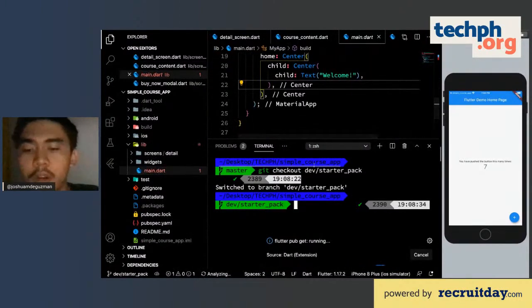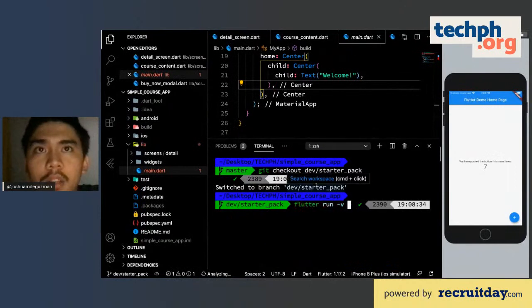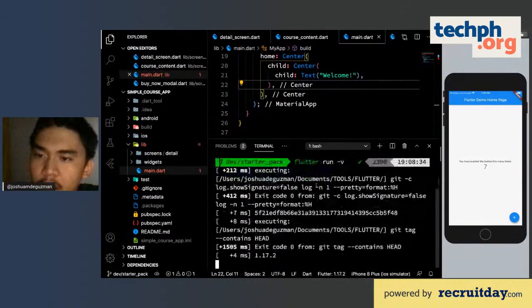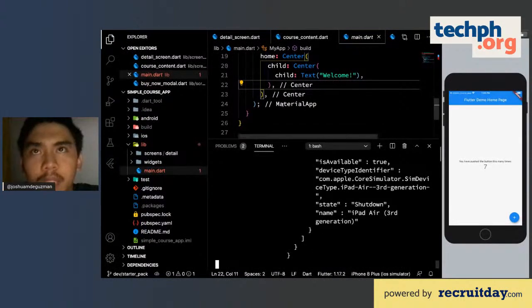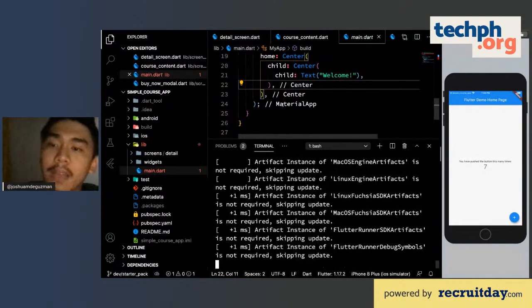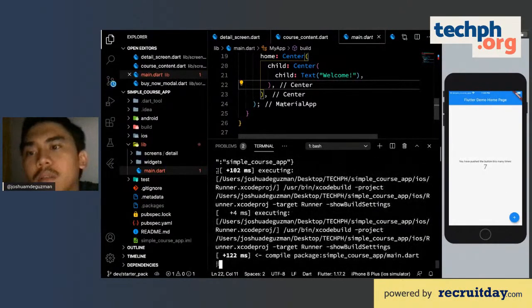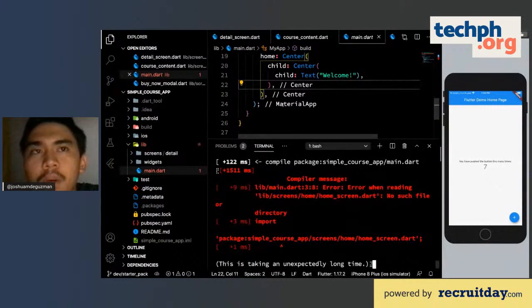So you just have to run it. Flutter run -v. VS Code actually includes support for Flutter, so you could just press F5 to debug Flutter apps. But I really want to encourage you, if you're starting with Flutter, to start with the terminal commands because it's really helpful, especially whenever you're trying to debug.